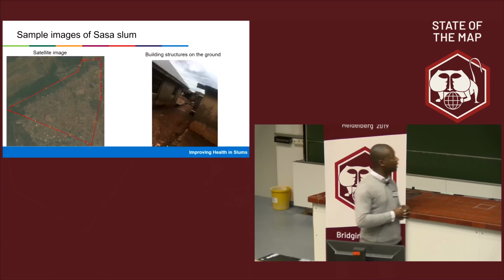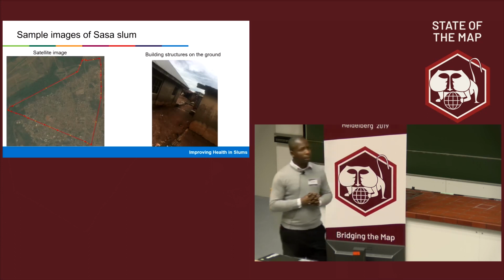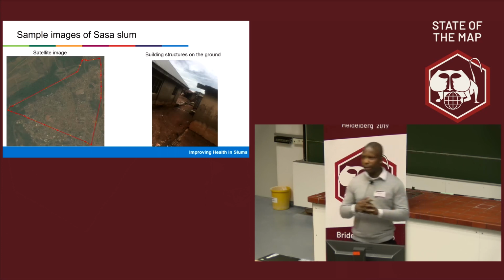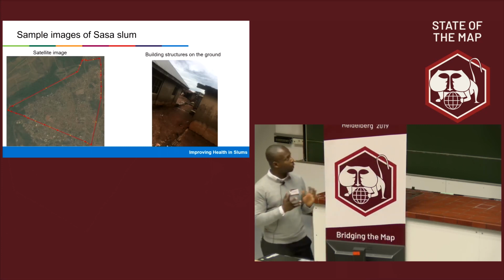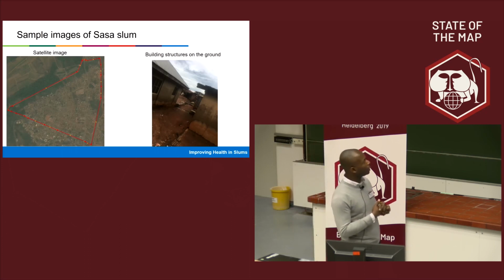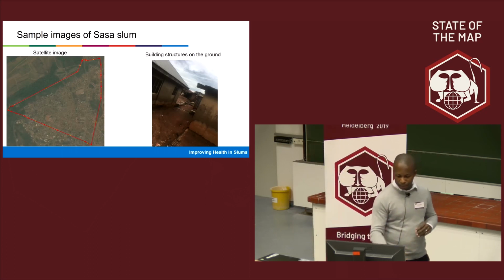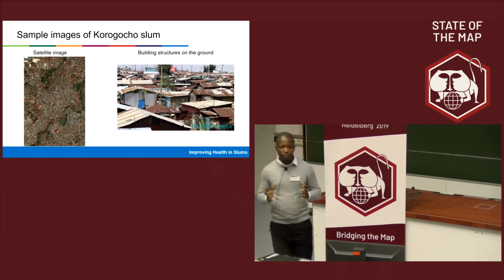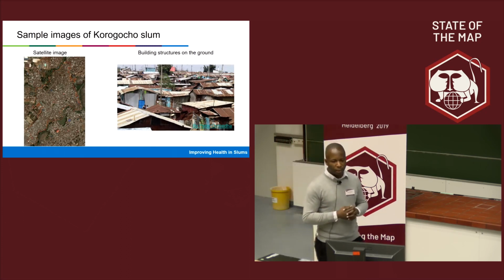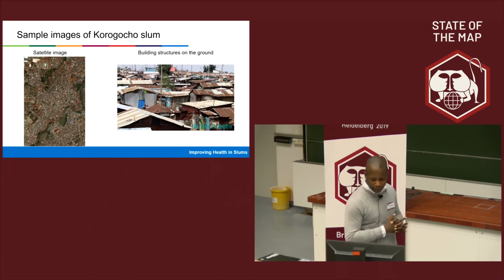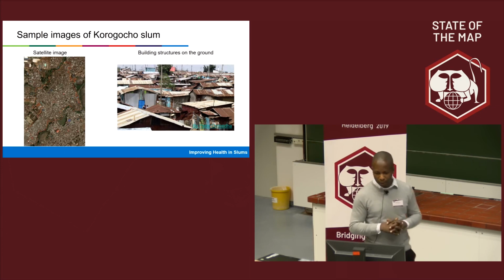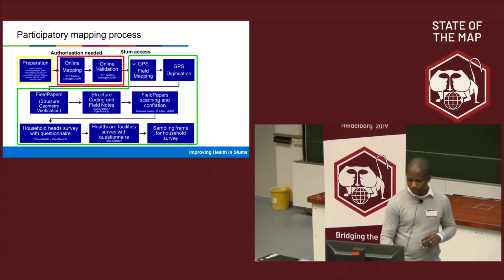In the case of Shasha in Nigeria, it's slightly different. It's not that durable. The rooftops are roofing sheets. It's less dense and also not that tall. In the case of Korogocho, it is the densest of the three, and has some similar characteristics in terms of rooftop architecture to Shasha, but is slightly different from Azambasti in that sense.